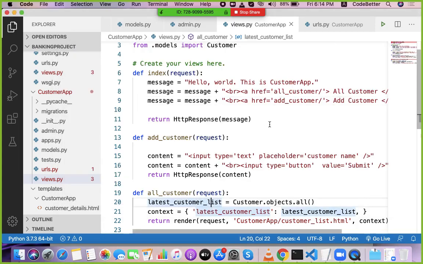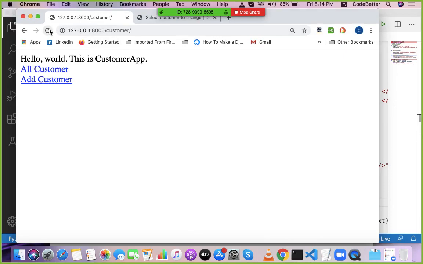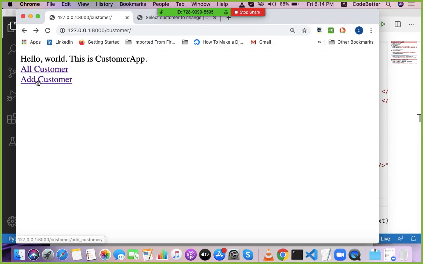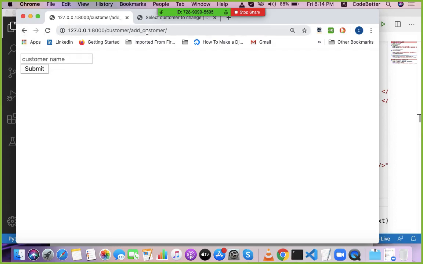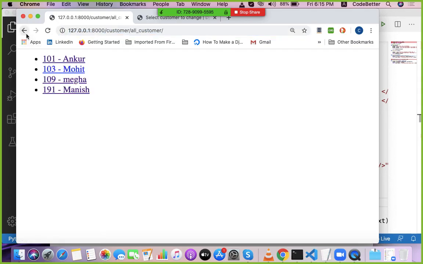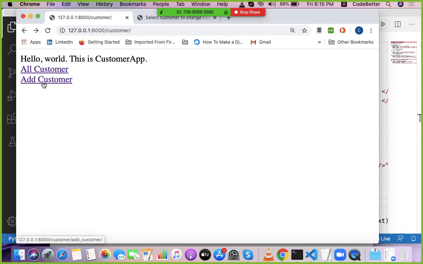And let me run it again. So this is my link, one link, and this add customer is another link, but my page, I have already added add customer in some session, but I will be creating it again to add the details of customer, all the details. So I have all customers which I linked, then I have to create one form to add a new customer.